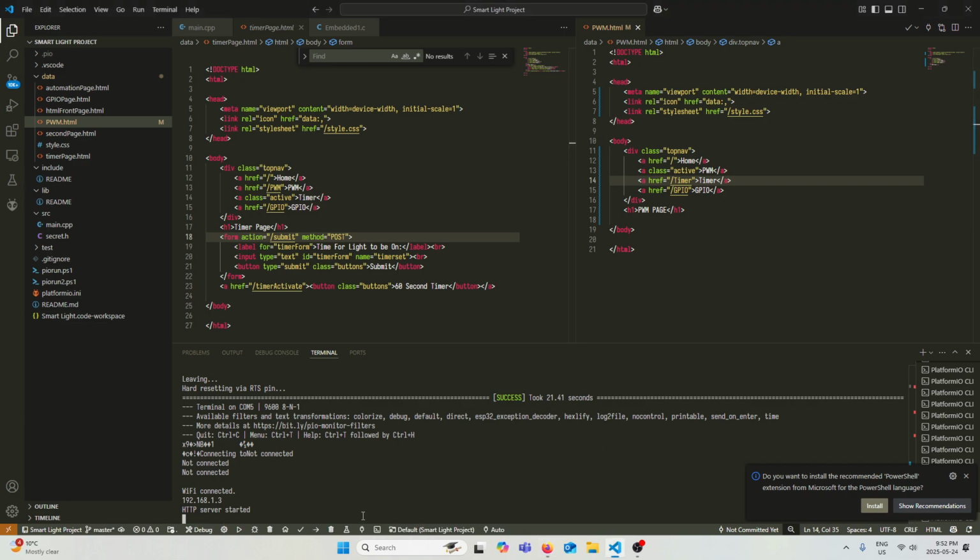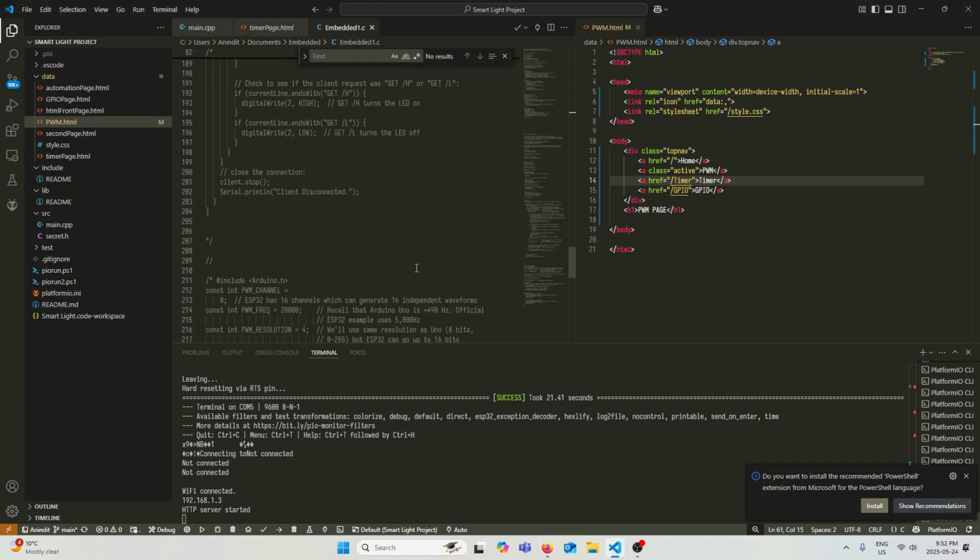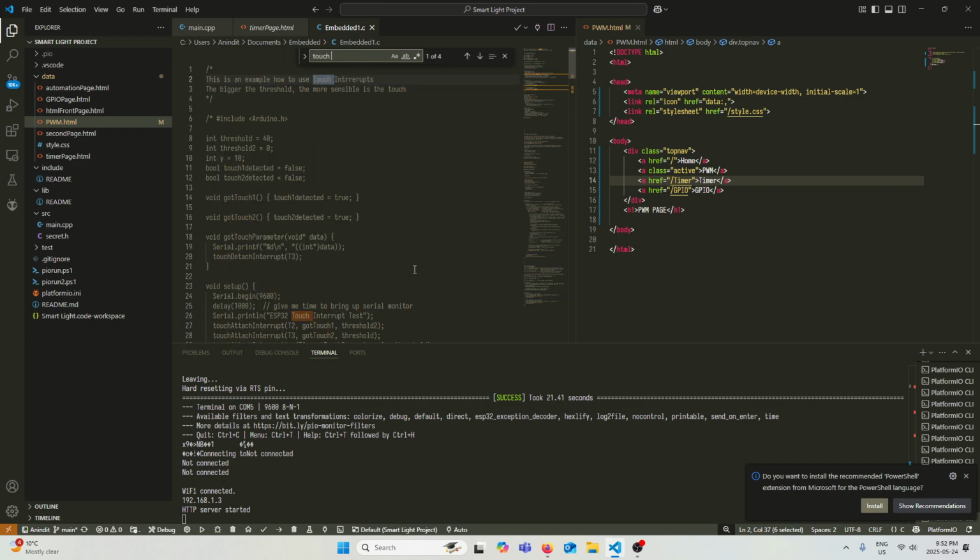Good. Okay, so that's definitely gonna work. Timer. Okay, now I want to work on the sensor. Let's work on the sensor, touch sensor.